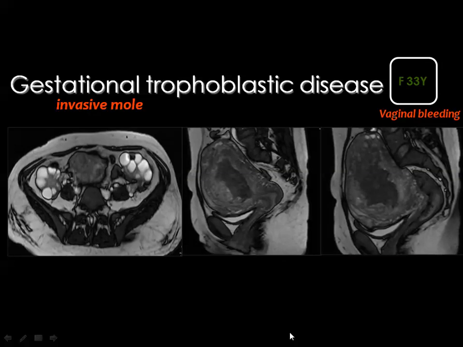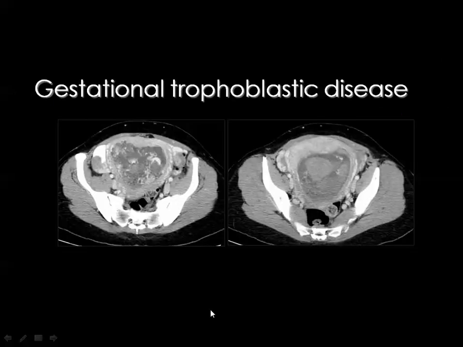Then this is a female patient, 33 years old, with vaginal bleeding, and the uterus is very big. The endometrial cavity is distended. There is a regular endometrial myometrial interface, and you see the ovaries are studded by multiple sizable cystic lesions. This is also a trophoblastic disease, or